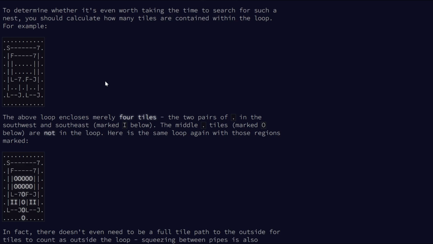And what I came up with while thinking about this on and off through the day is that to count the number of times you have crossed the loop when traveling west to east, or in any horizontal direction, is, well, so the difference between J and 7 is that 7 opens to the south while J opens to the north,